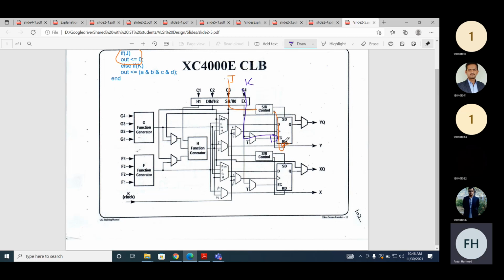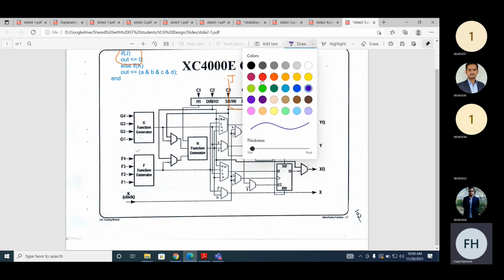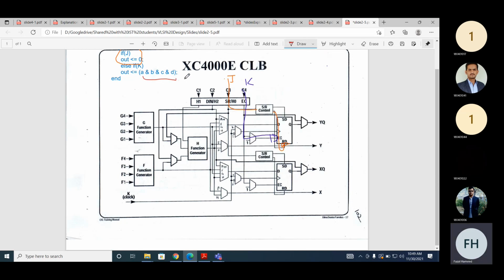Because we are enabling it. If you are not using this enable, we don't need it. Let's say the second else is not here. Now if you look here, A, B, C and D, this is a combination function, and it can be implemented using G or H, whatever.